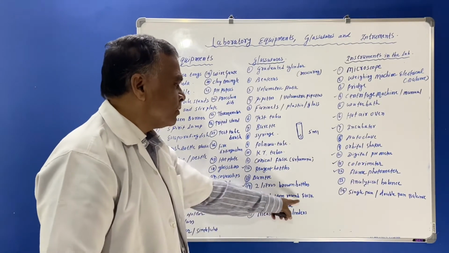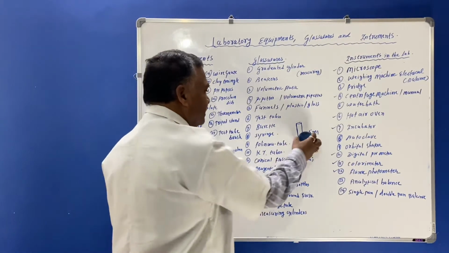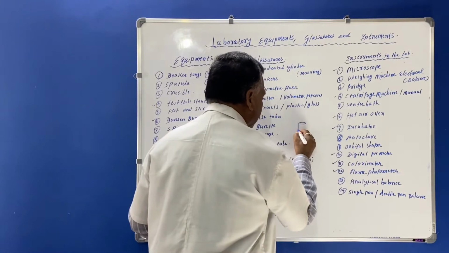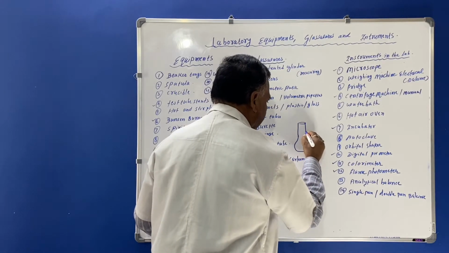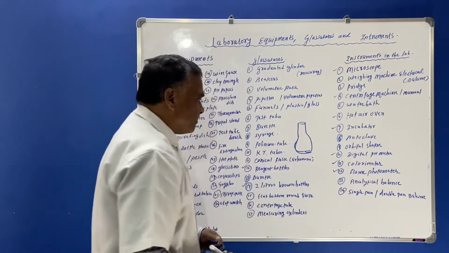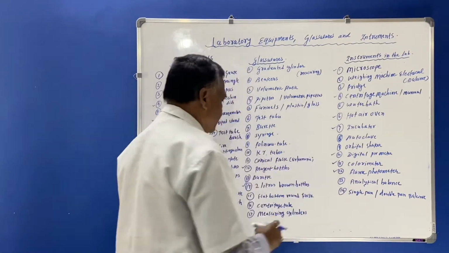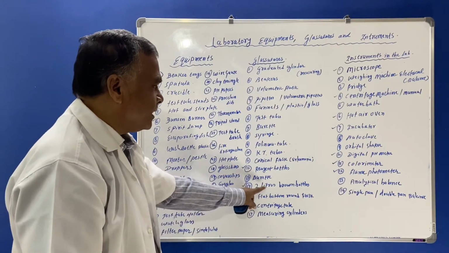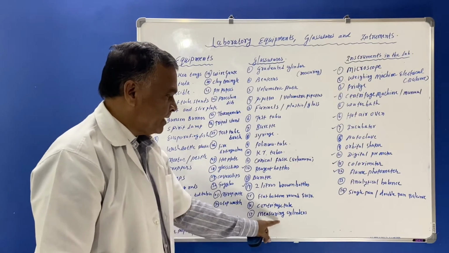And then the flat bottom round flask is also used for solutions. The flat bottom flasks are rounded in shape, but the bottom will be flat. So you must know this round bottom flask is of this type, and it is used to keep different solutions for the test. Then flat centrifuge tubes should be there, and measuring cylinders should be there.